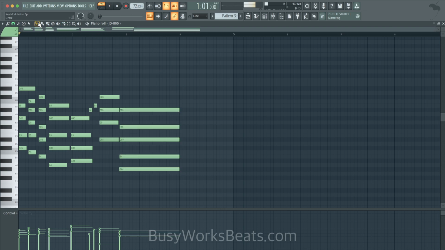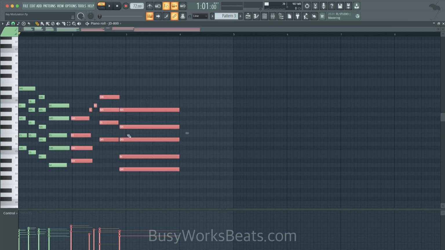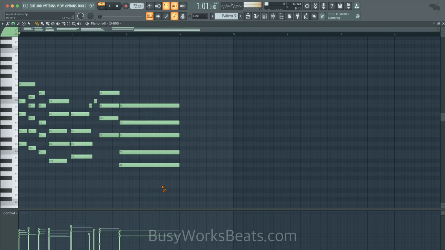You can use key modulation to take you into scales that aren't even remotely relative. So for example, I can move this structure really anywhere and it will resolve. Because it's the same 2-5-1 of the minor scale in that case. You could pick whatever minor scale you want. I think it sounds best in the relative scale. Okay, so just little tricks like that. That's why music theory is so important.